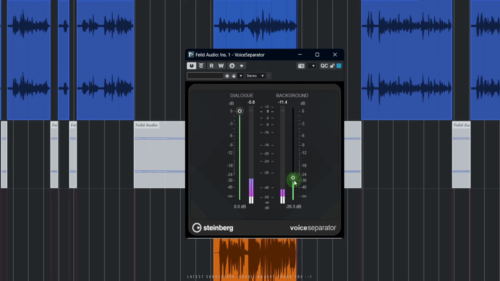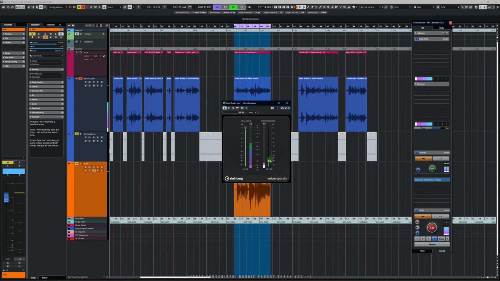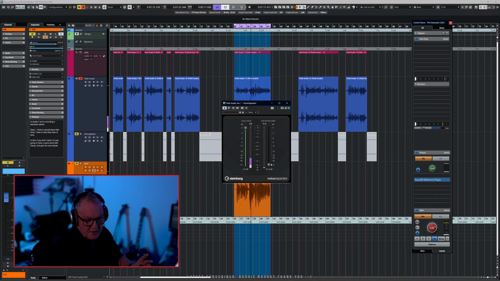So really the idea there is if we wanted to, we could remove some of that background noise, you know, quite easily, or even all of it. Or in this particular case, not going to worry about that. But bear in mind that that is a free plugin that's part of Nuendo, and I'm sure you can find uses for that. In fact, we'll probably show that in a minute with the second scenario.